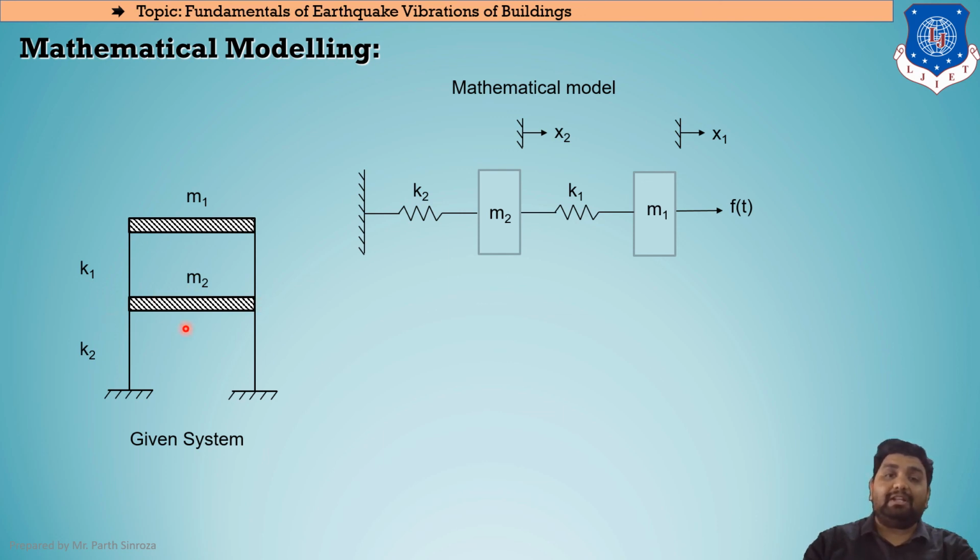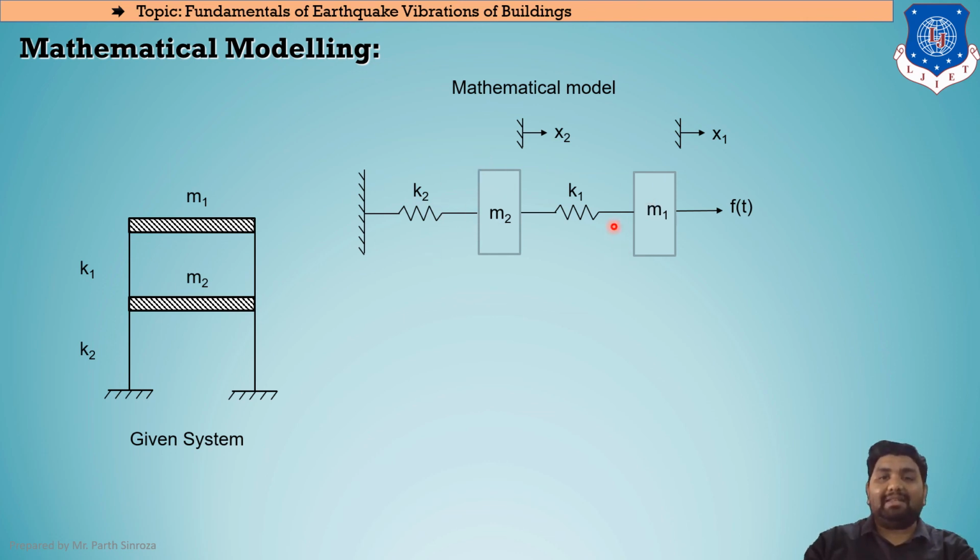Now here the mass is present. In the previous scenario, here the mass was not there, so we directly connected these both springs in series. But now an intermediary mass M2 is being given. So now here we will be placing a mass M2 between these two springs. Now the deflection, or you can say the displacement, of this mass will be different as compared to this mass. Now keep in mind total x, that is total displacement.